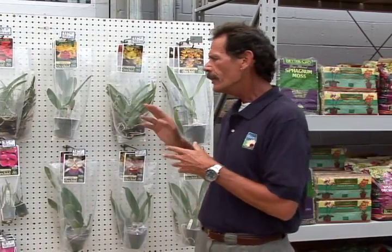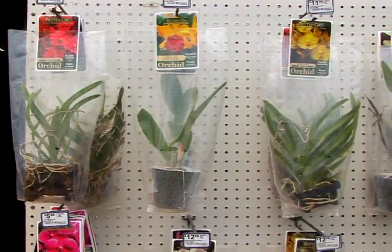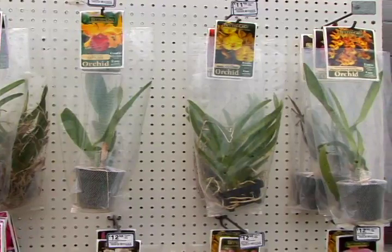When you go this route, as opposed to one already in bloom, already in its container, ready to go, and that's fine, you can do that. You may want to be a part of the growing process. You're going to start from scratch, make this a hobby, and enjoy the bloom production and the growing process. These are also much more affordable as opposed to one that's already in bloom. There's been a lot of care to bring it to that stage to come to blossom, so those are a little bit more. If you want to mail these to a family member in the Northeast or what have you,